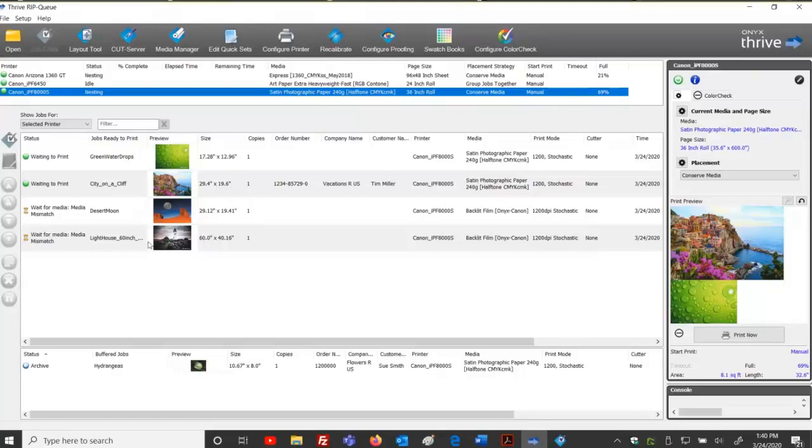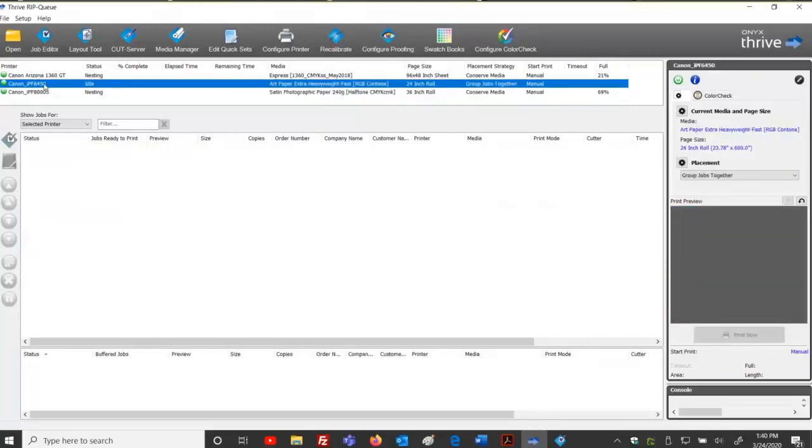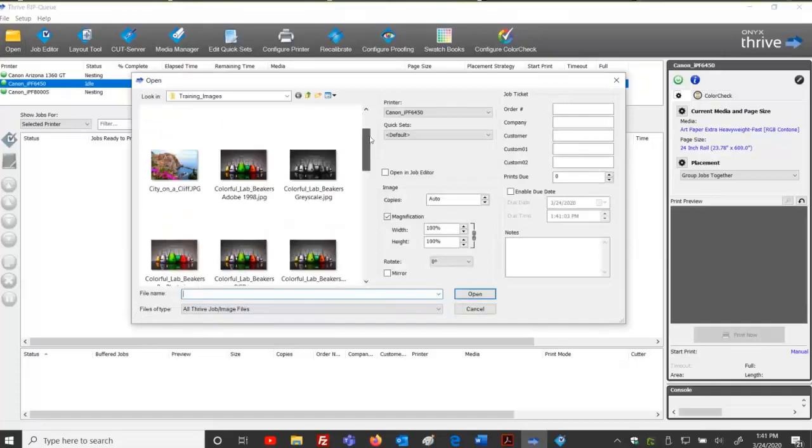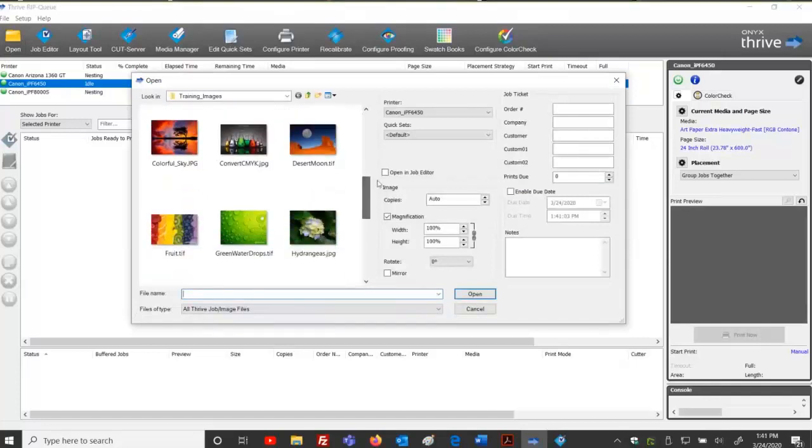Let's talk about a few other things here. I'm going to go into my Canon printer because that's a fresh kind of file here. Fresh printer. I haven't made any quick sets for this one yet. If I open a file directly into my job editor, open in job editor,